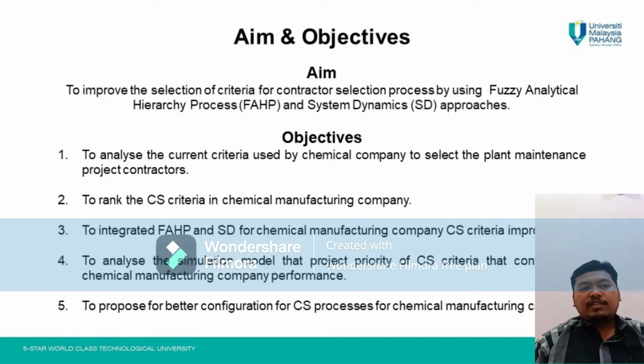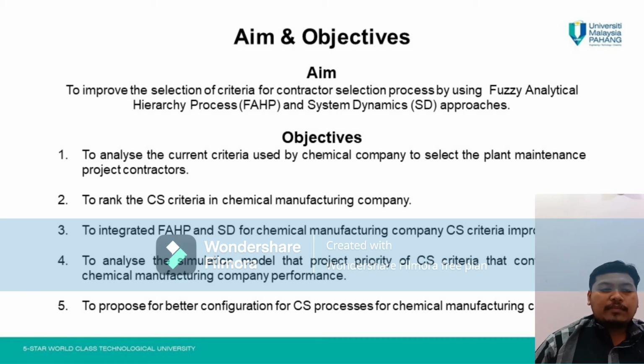So the aim of this study is to improve the selection of criteria for the project contractor selection process by using the FAHP and system dynamic approach. The objective of this study: first, we want to analyze the current criteria used by chemical companies to select their project contractor, and then to rank the contractor selection criteria in chemical manufacturing companies, to integrate FAHP and SD for chemical manufacturing companies,